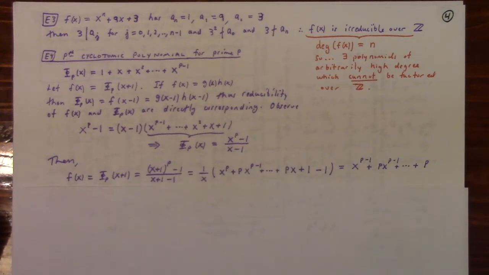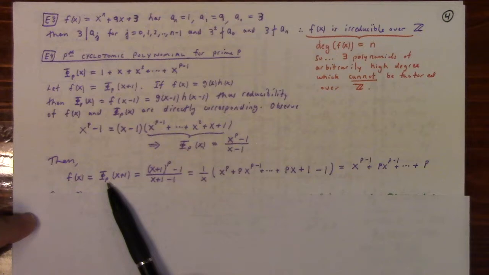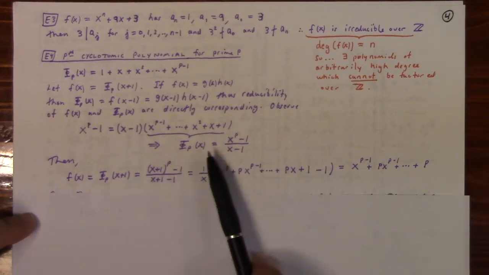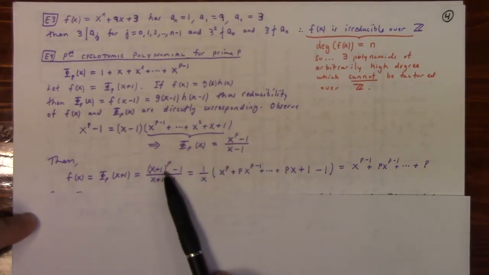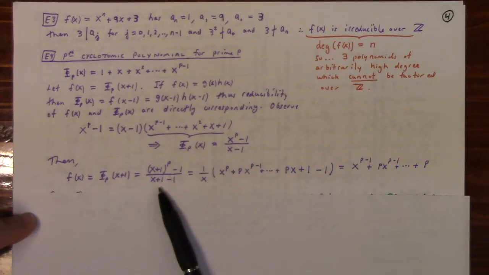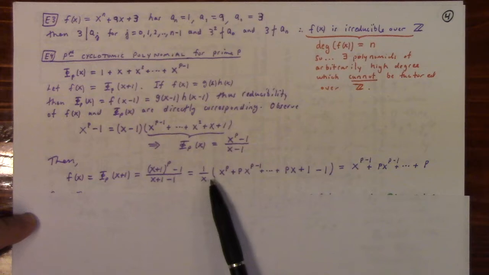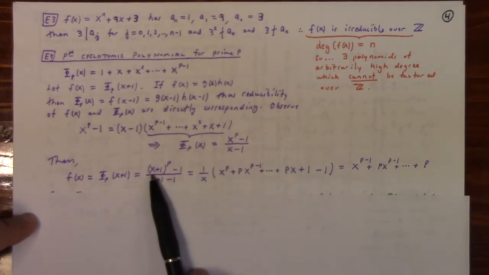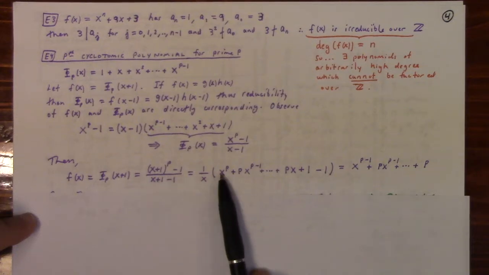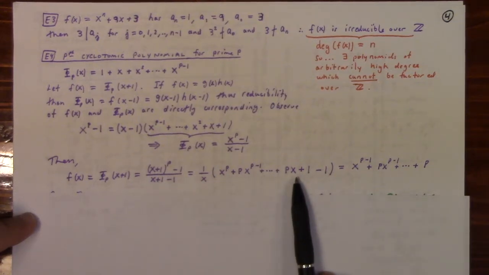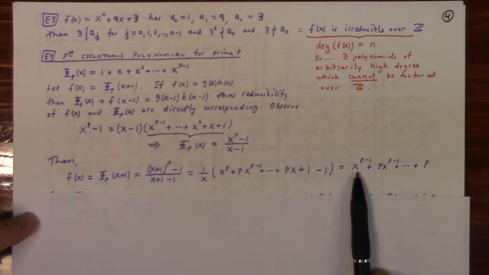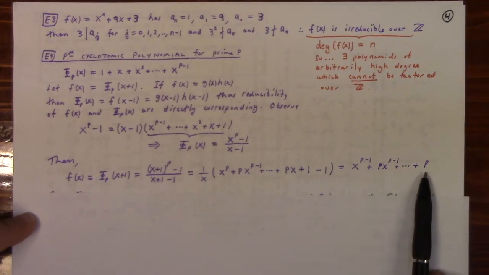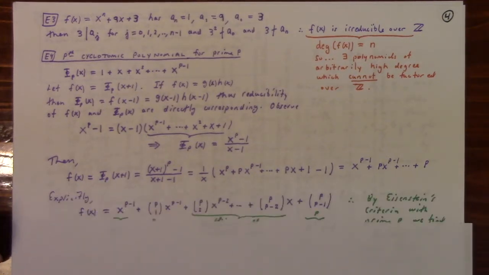Now, on the other hand, we have f of x is phi_p of x plus 1, right? So if I plug x plus 1 into this formula, I get (x plus 1) to the p minus 1 divided by x plus 1 minus 1, which simplifies to 1 over x times all this lovely stuff, right? So here I'm doing the binomial theorem on (x plus 1) to the p to get all these terms. The 1's cancel, and you're just left with x to the p minus 1 plus all these terms, right? But notice that